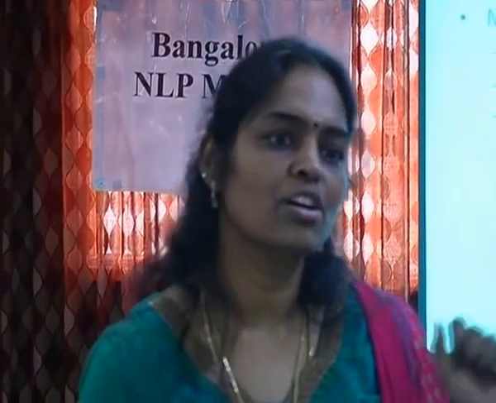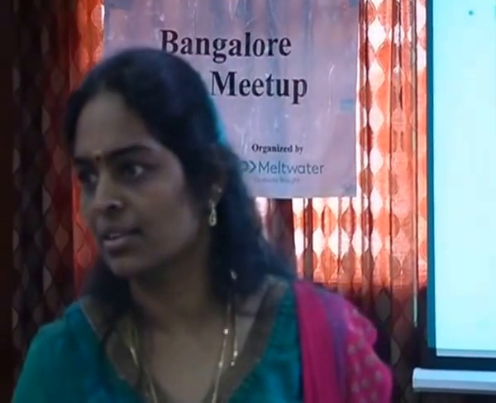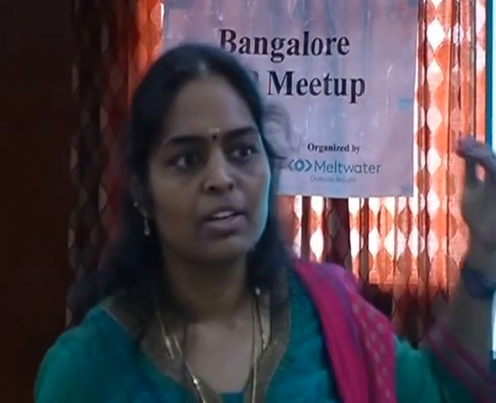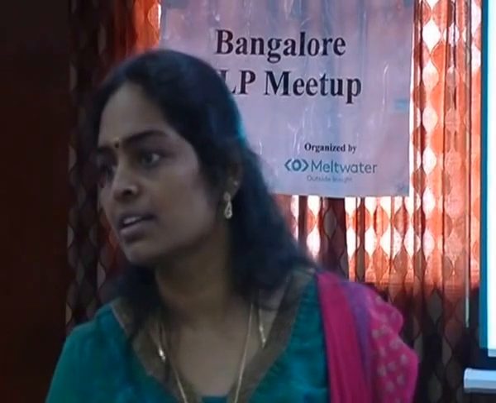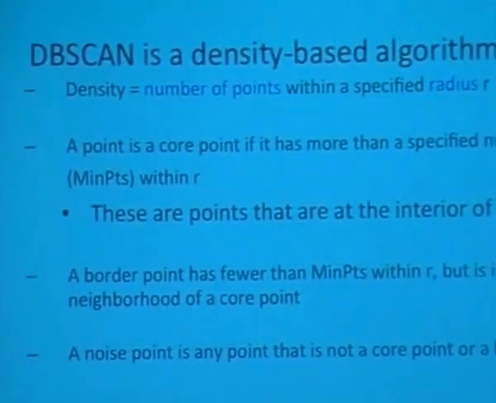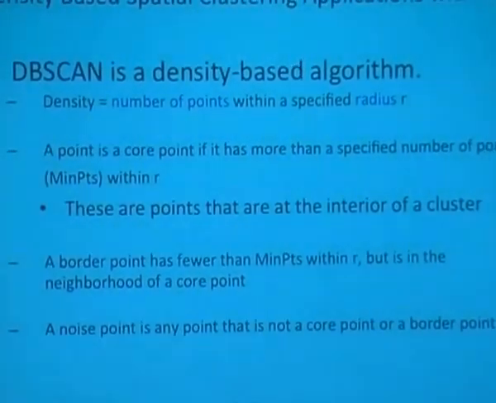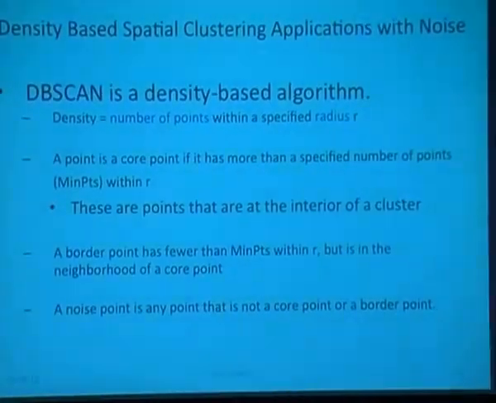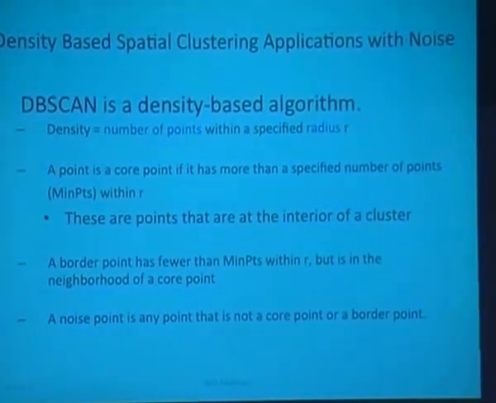Hierarchical will also fail if you have a non-convex shape in your cluster. So if you are sure you want a non-convex output, you have to look forward to density based clustering. Under density based clustering, I would take the most common, very popular algorithm, which handles non-convex data beautifully. It is called DBSCAN.